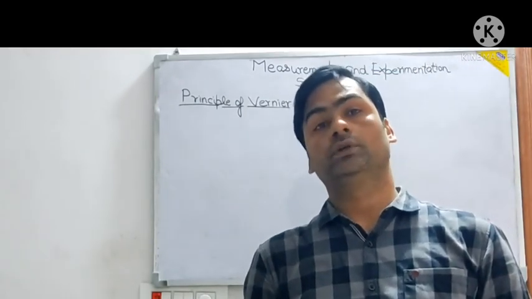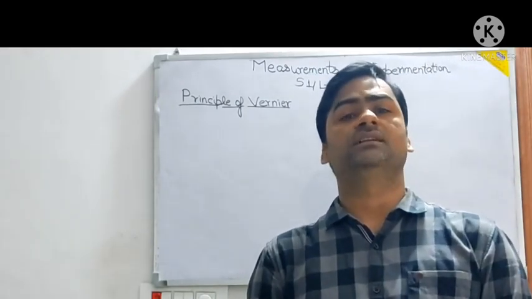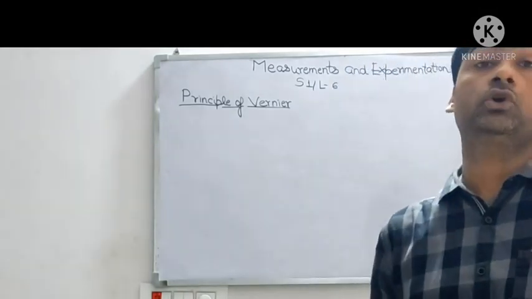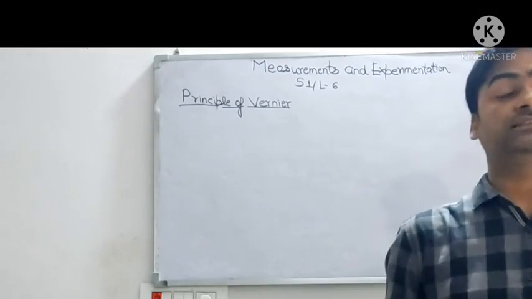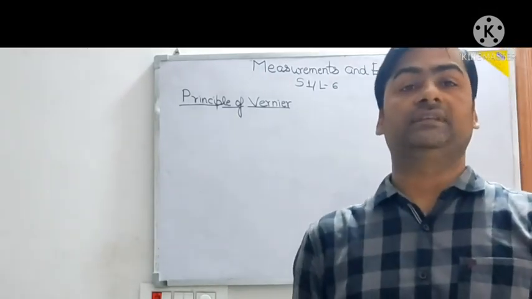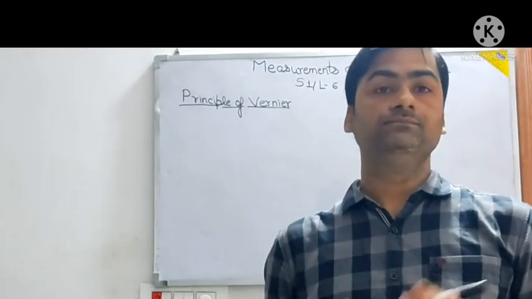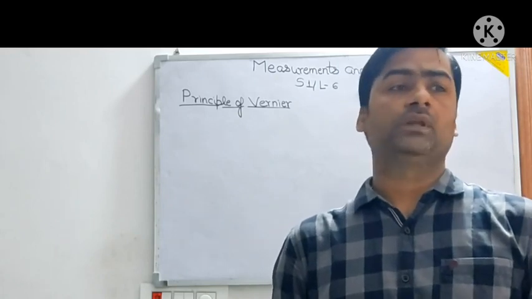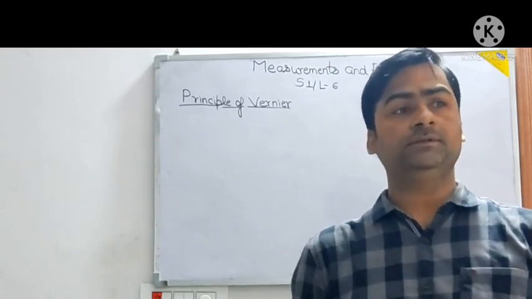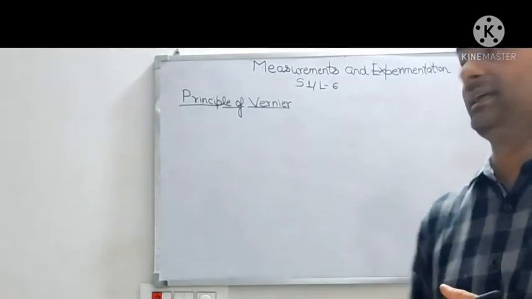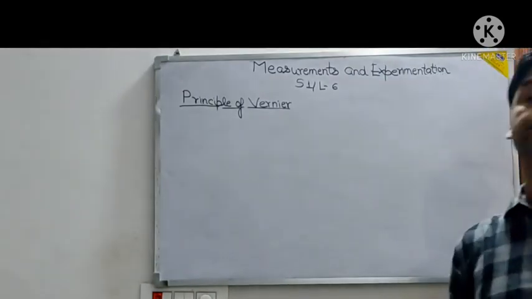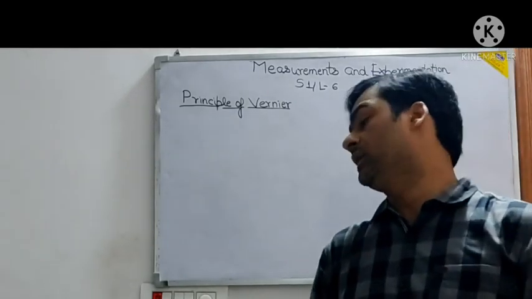I have also told you what all the aspects are that you can measure using the vernier caliper, that is external dimensions, internal dimensions, and the depth. Depth we are measuring by the tail, and external dimensions we are measuring by the external jaws. If you remember the figure and diagram. Commencing with the first principle now.